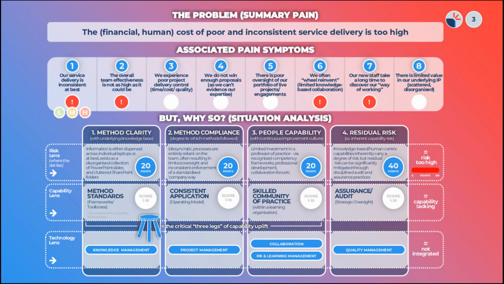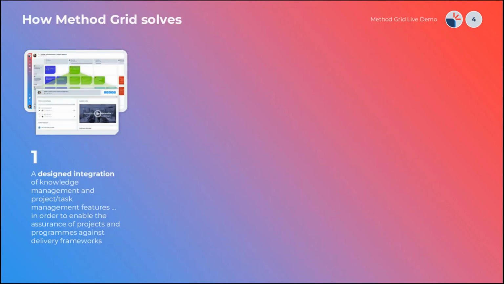So that's the lay of the land, really. And really determining your 1, 2, 3, 4 will probably determine how many either services or projects fail based on the residual risk of failure. In some cases, what we're trying to do is, if 40 projects fail, how do we get it down to 20 by improving ways of working and investing in people? So that's a bit about the shared problem.